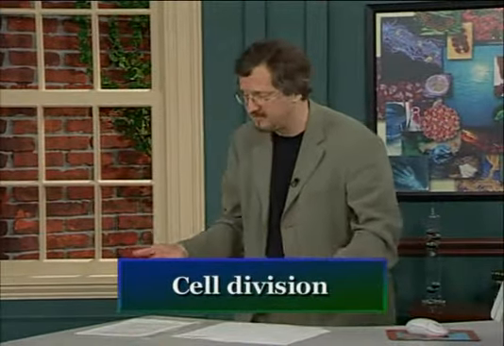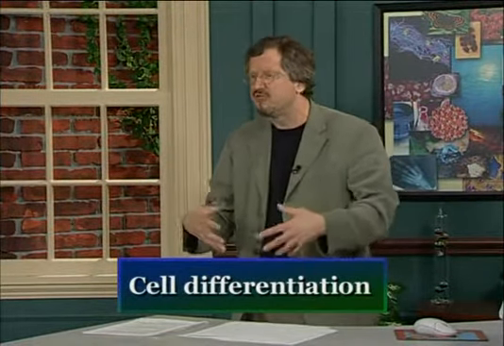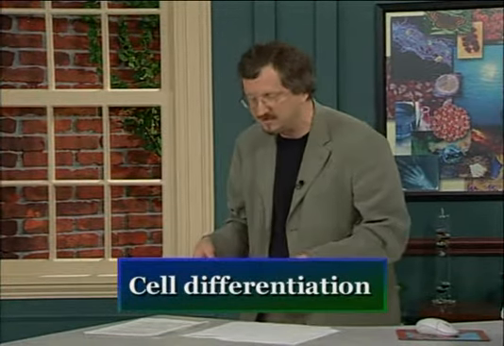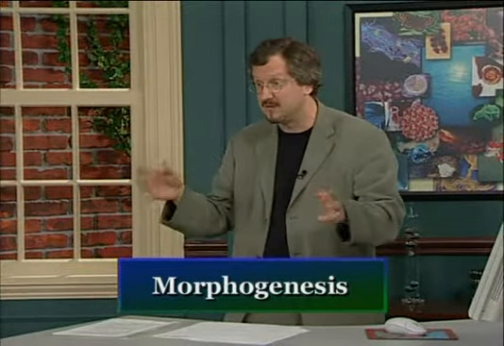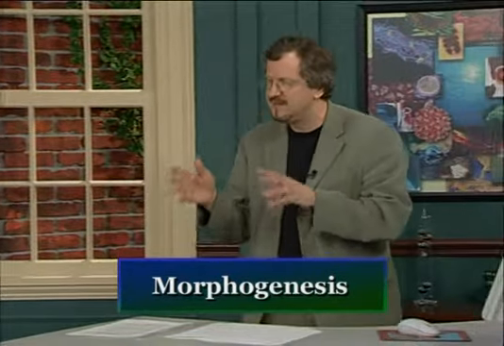Just as we saw when we discussed animal development, the development of a complex multicellular plant from a single cell, which is the fertilized zygote, depends on really three major kinds of processes. It has to depend on cell division, making more cells; cell differentiation, those daughter cells turning into different kinds of cells; and morphogenesis, cells occurring in the right numbers in the right places in the right parts of the plant. By and large, the role of these three processes in plant development is similar to their role in animal development, but with two major differences.